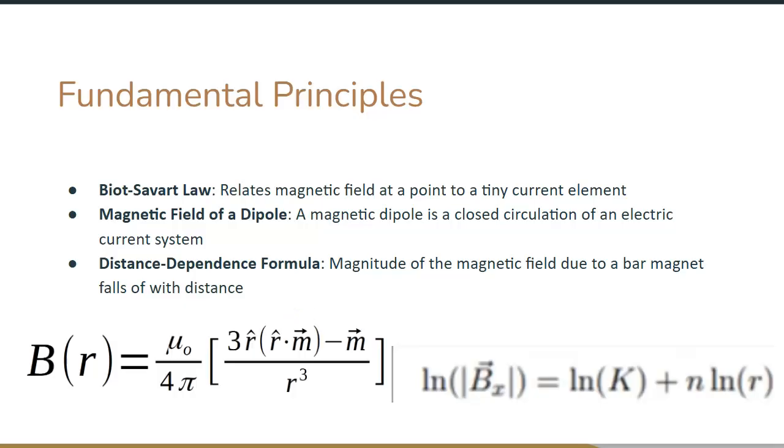The main physics principles I applied in this lab include the Biot-Savart law, which relates the magnetic field at a point in space to a current element producing it, the magnetic field of a dipole, which models a bar magnet as a small loop of current producing a magnetic moment, and the general distance-dependent relationship where the magnetic field magnitude falls off proportionally to 1 over r cubed. Together, these laws describe how a magnetic field's strength and direction vary as we move closer or further from a